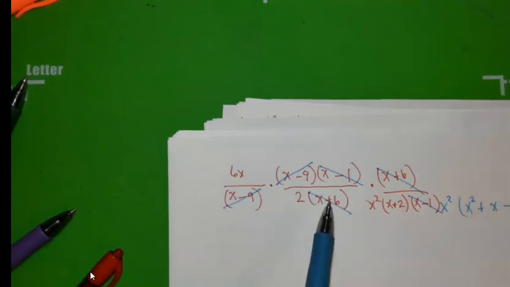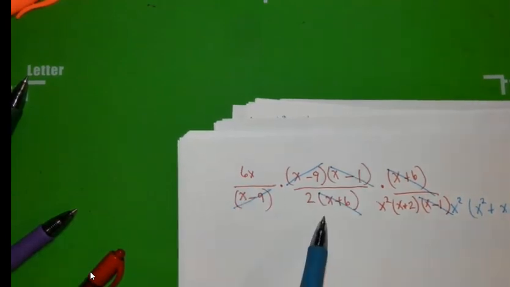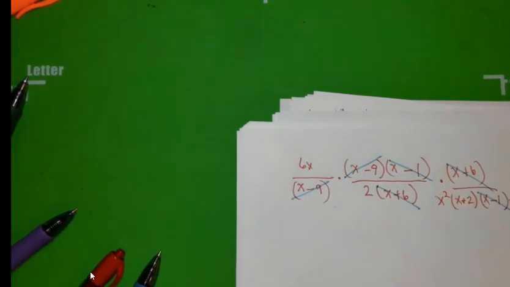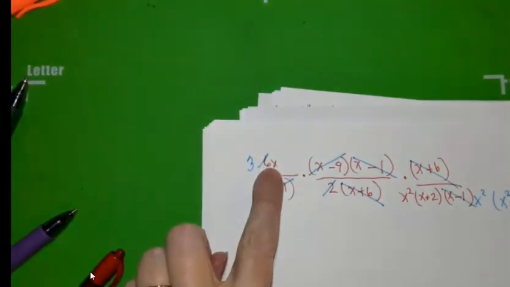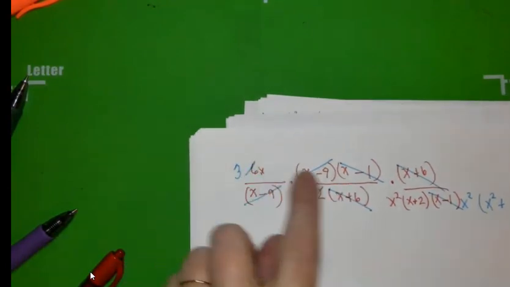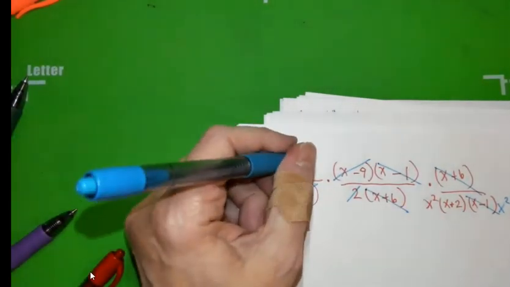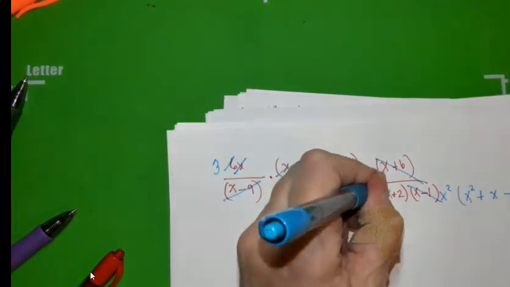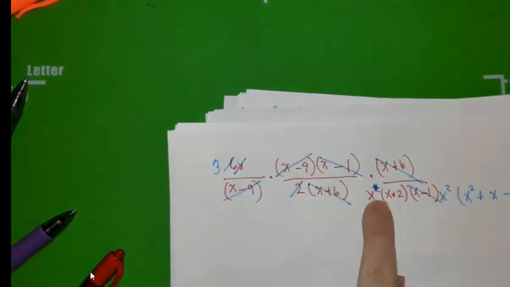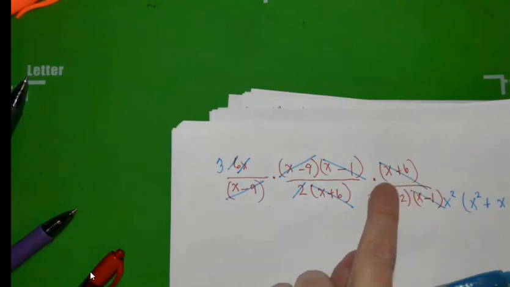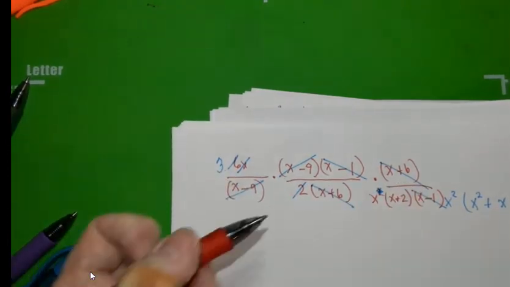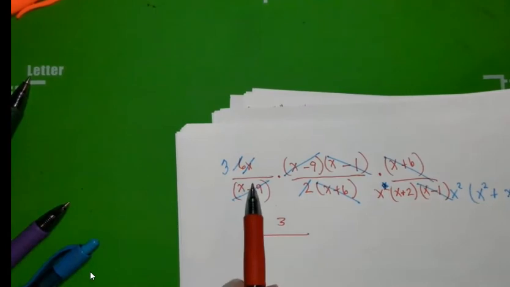The only thing left here is 6x and x squared. Well, there is no other 6, but I do see this 2. So 2 will go evenly into 6 3 times. So I could divide the 2 into the 6. And this x and this x squared, they have a common factor of x. So I could divide out an x here. And if I divide out an x here, it's going to get rid of that exponent and just be an x. So I'm just going to scratch out that exponent. So let's see, on the top, the only thing left that I'm seeing is that 3. So my answer should have a 3 on the top. And on the bottom,